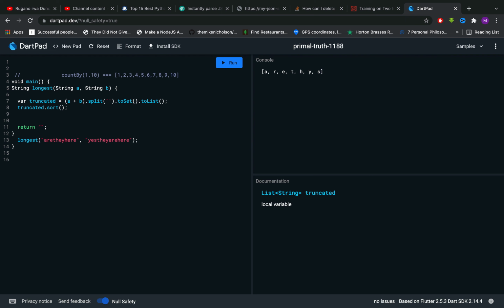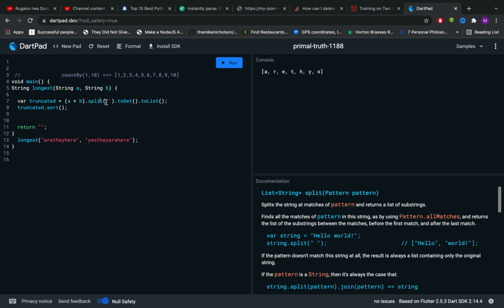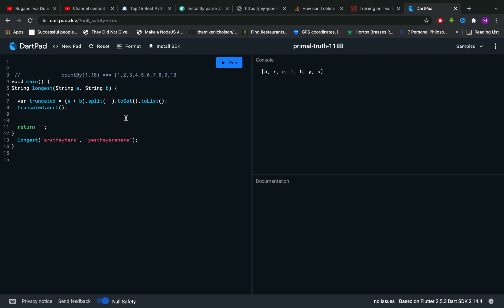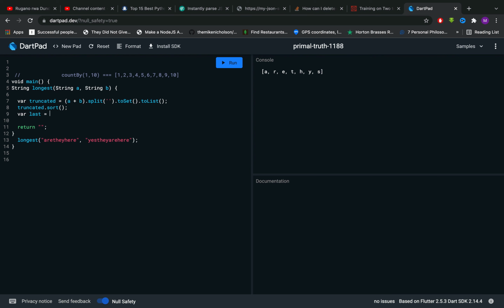Now we have a list, but the function expects a string. So now we have to find a way to convert this list into a string. If you remember, before, when we turned a string into a list, we used dot split, and then we gave it empty quotes, which means that it will split at each and every element. Now in the same way, there's a reverse one. Let's call the variable last, equals truncated